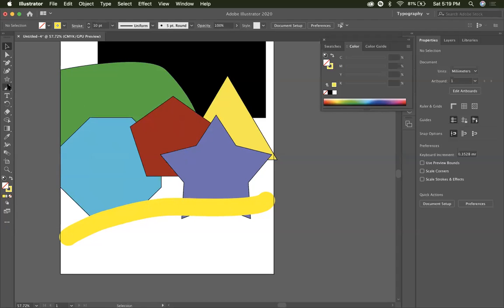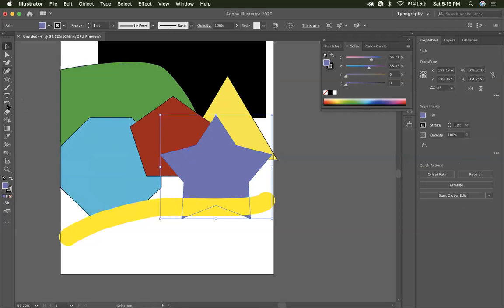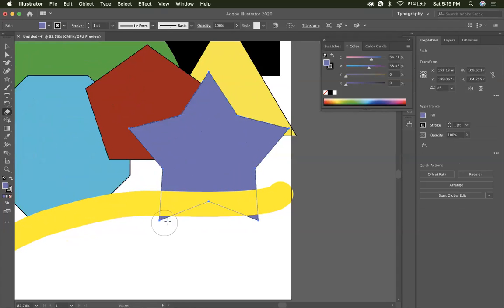What if I don't want these sides coming out of this curve? I select the star first using the selection tool. Then I select the eraser tool, and if you want to increase the size of this, what you do is, okay,